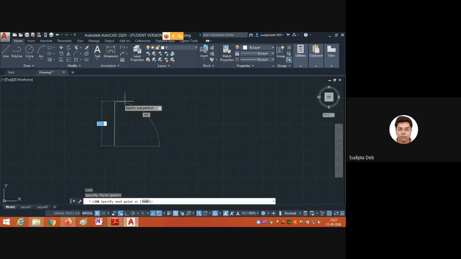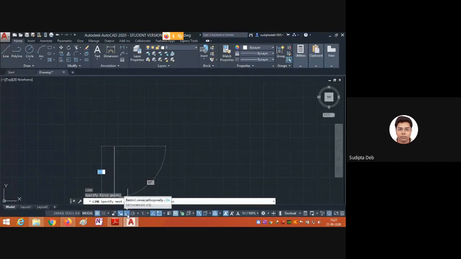I can move my cursor in this way, but if I want to draw a horizontal line, you always have to turn on the ortho mode. You can turn on ortho mode from this section. This is ortho mode. Either you can press F8 or select this one.